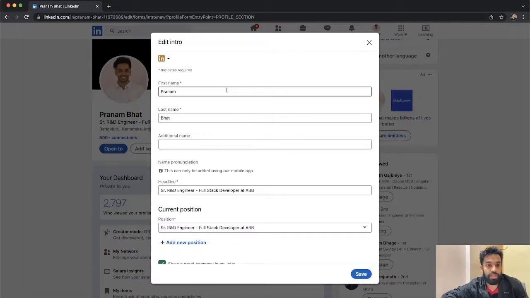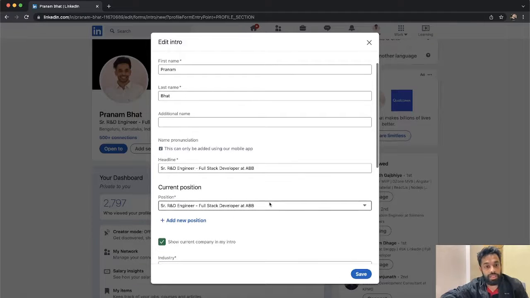For example, give your full first name with the first letter in caps, and the last name as it is, and an additional name if it is available. And in the headline part, you can edit it later once you add your current work status.